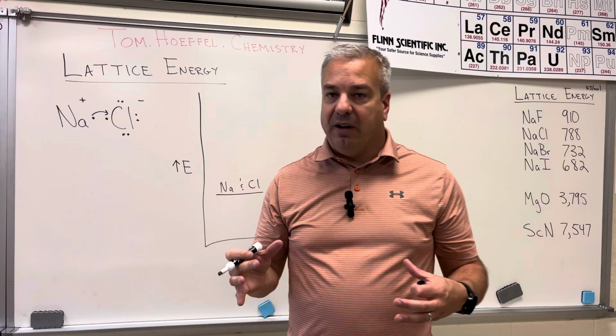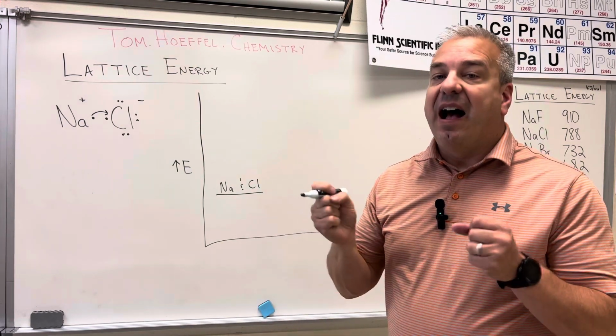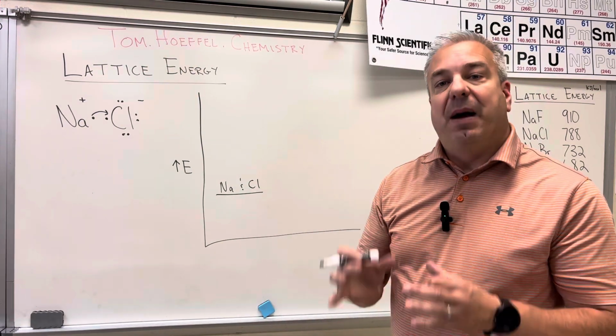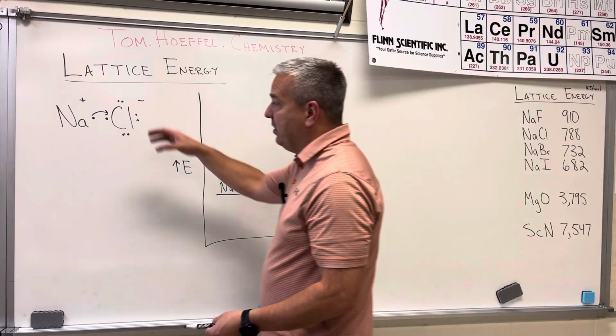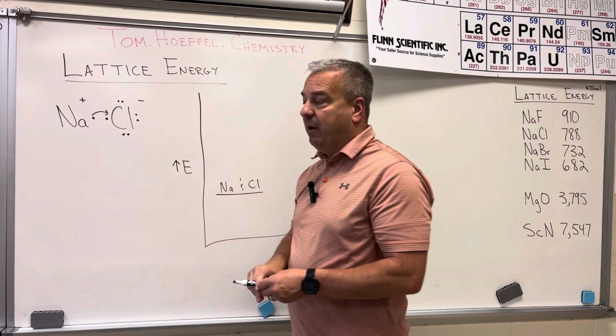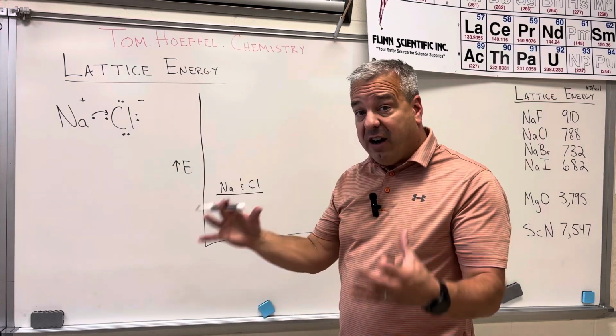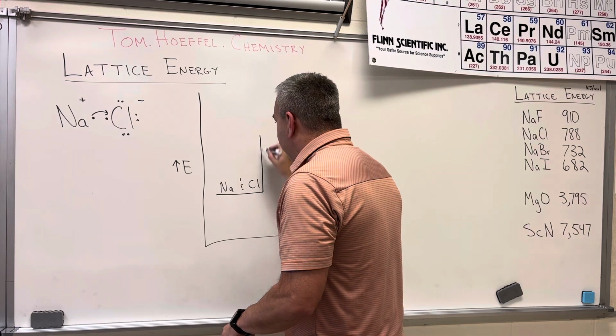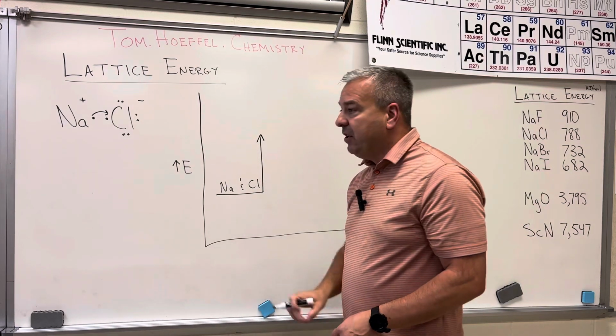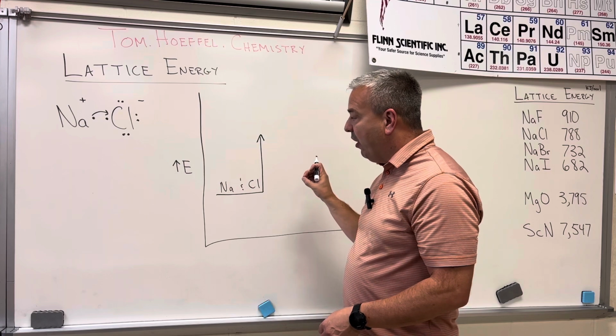Now, there's a vocabulary word that we give for that. Ionization energy is the amount of energy required to remove an electron. And we're going to remove that electron from the sodium. Now, that's going to cost us energy. So in this energy profile, the energy is going to go up